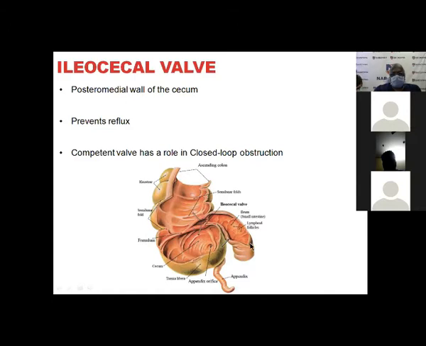It prevents reflux. Most of the time it is competent. Sometimes it will be incompetent, and that will lead to terminal ileitis due to reflux in case of inflammatory bowel disease. If it is closed, it gives a problem. If there is an obstruction en route here, then the whole thing becomes a closed loop obstruction. The patient is likely to go on to perforation of the cecum, and that is the appendix. Appendix and cecum, terminally, both are guarded by valves.